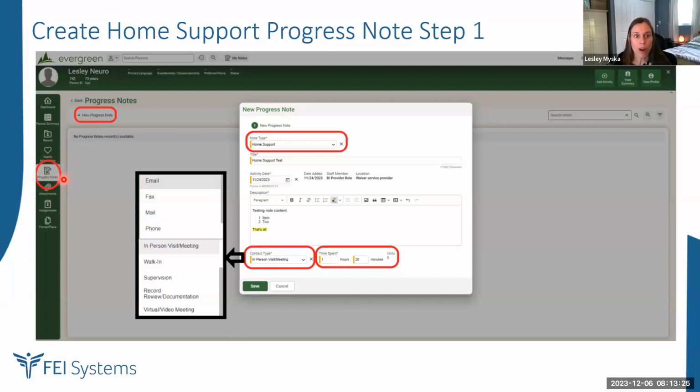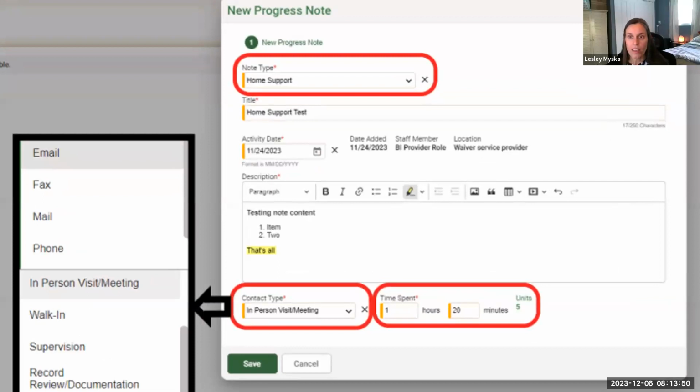This will bring you to the all progress notes list page. From here, you'll click the plus new progress note in the upper left-hand corner to create your new progress note. This will open up a pop-up modal like the one that you're seeing in the center of this screenshot. From here, you will select the note type of home support, which I've circled in red at the top of that modal. You'll then provide a title for your note, which can be generic, though